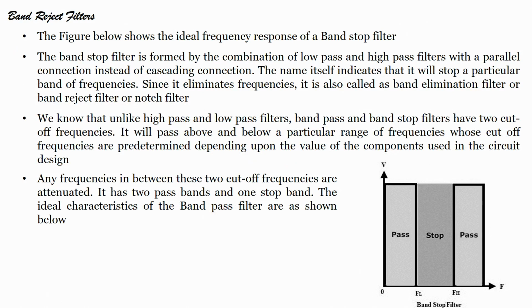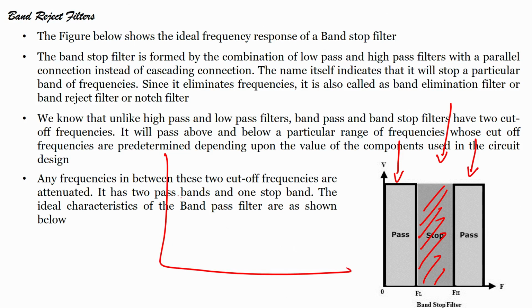Now, once we have seen how the band pass filters can be designed, let us see how band stop filter can be designed, and what are band stop filters, what are band reject filters. If you see the plot, this is the band which is the stop band, and this is the pass band, this is the pass band. This is ideal; in actual you will get something like this. All right.